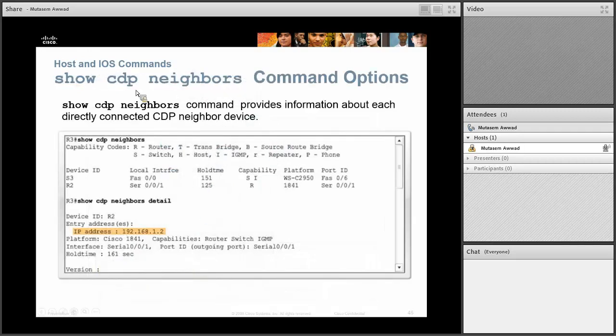The show CDP neighbors. I don't like this command because if you leave that command and you're not using it, attackers may use this command to access information about all the devices that are directly connected to you. And look, it can give you the IP. Let's say you don't know the IP address of a router that you're trying to attack, which is directly connected